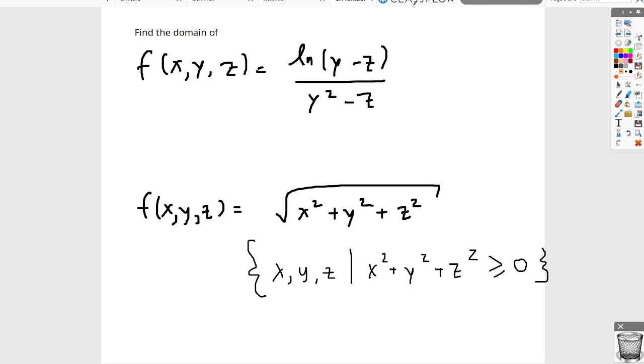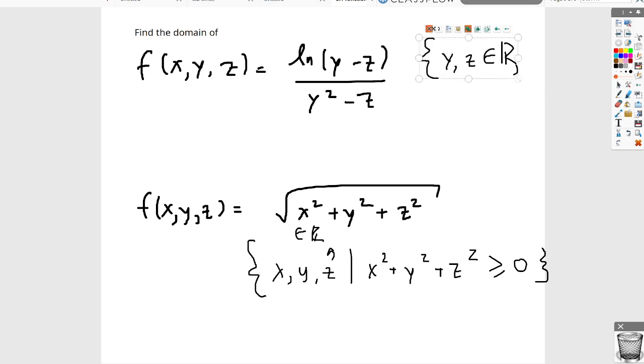This one's a little bit different though. This one's a little harder, right? So ln of y minus z, first of all, if you look at this bottom one, you can automatically tell that y and z belong to the real numbers. I guess I can write that as well, belong to the real numbers. That's really messy. There you go. And then y and z belong to the real numbers. Y squared minus z is not equal to 0, right? You could write that, or you could actually just write y squared is not equal to z,